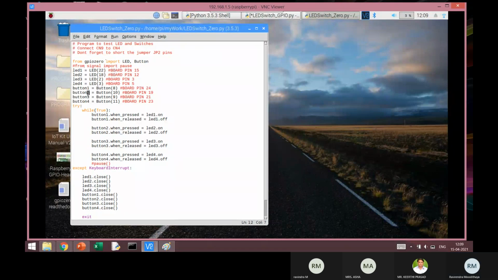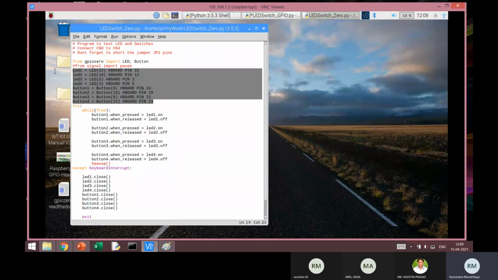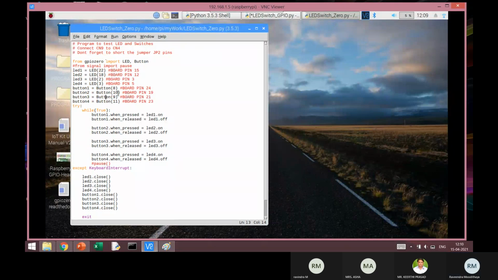Button 2, then button 3, pin number 9, button 4, and it is in pin number 11. Broadcom pin number, BCM pin number 11. Okay. So this just defines the instances of LED and instances of button.